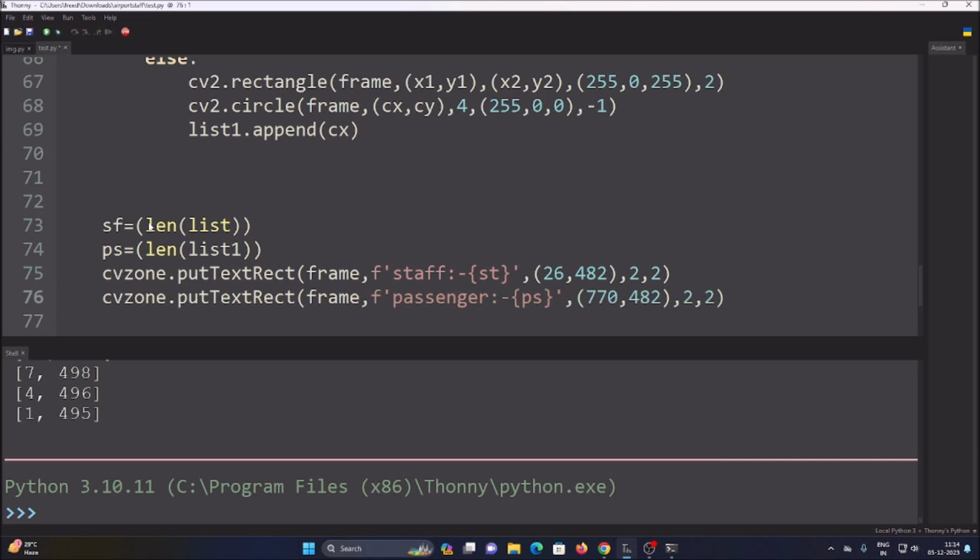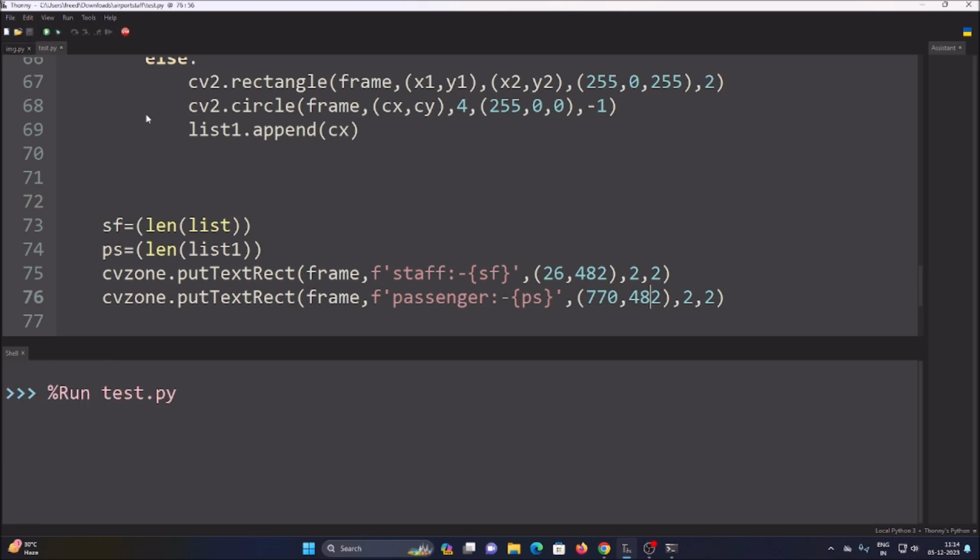It will put our SF and PS as a counter on the frame. So here it is, as you can see, SF. I need to simply change the variable, and this one is PS. It will put the counter on the frame at coordinates XY 26 482 and 770 482. Simple. So now if we save the code and run the code,